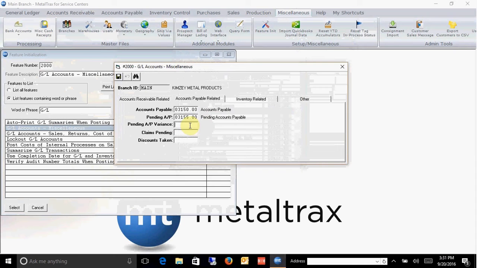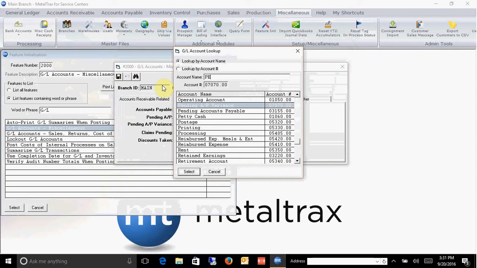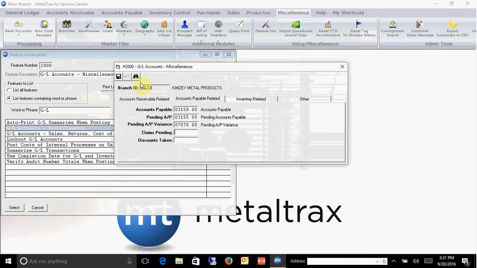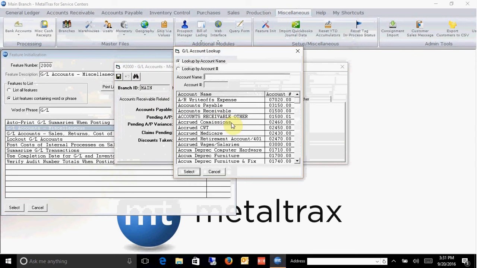I'm going to choose that. A variance account also needs to be set up. This is when there's a variance between what you receive in and what your vendor bills you. So I'm going to do a lookup, and I'm going to type in my pending and choose my pending AP variance. On my claims pending, again, this is for a claims pending. If you do not have any of these accounts,